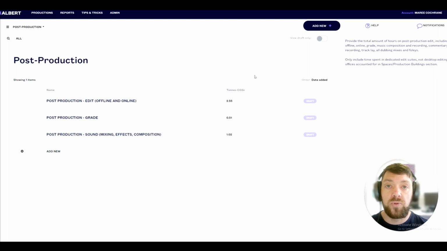Now it's important to remember in this section, this accounts for electricity that's only being used in edit suites. Not any administrative work on a computer, such as creating timetables or documents. It's just the edit, grading, mixing, some motion graphics work, and then any sound work. And then you can click save, and then you'll see here the emissions is generated for each, and this covers